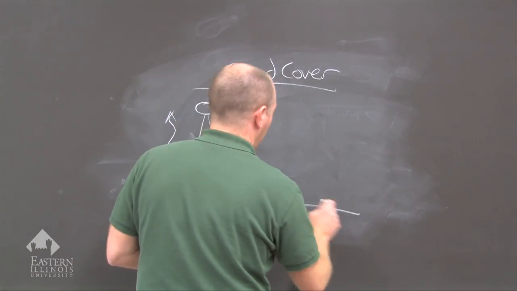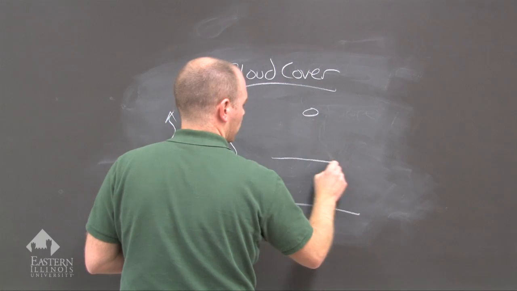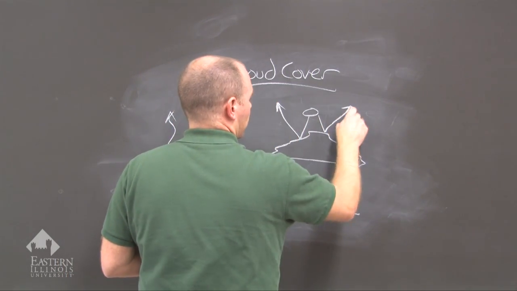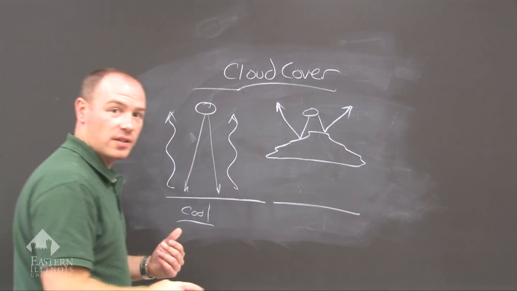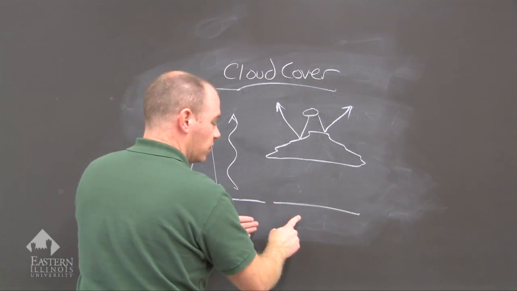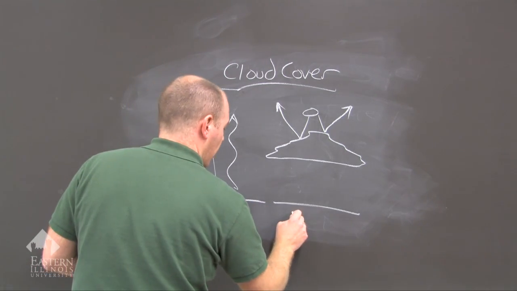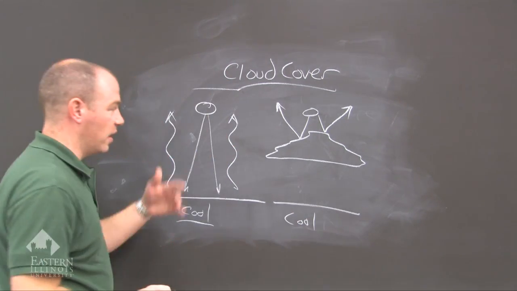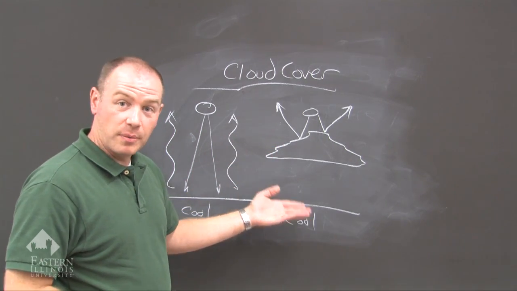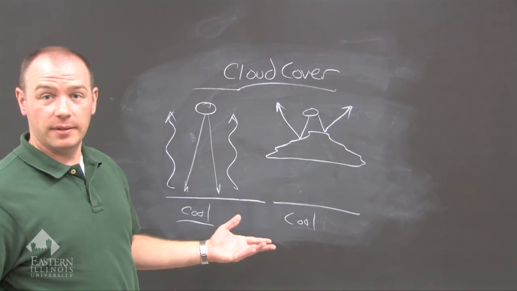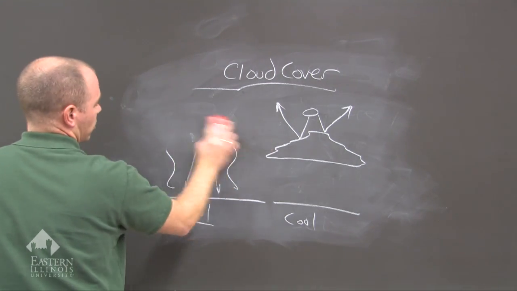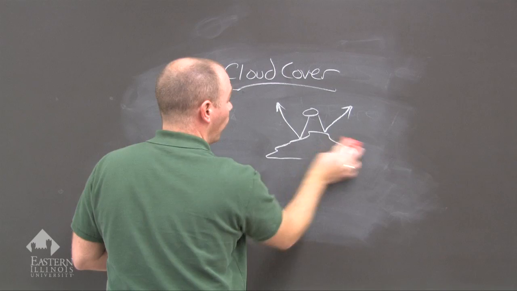If you bring in the clouds, you also have cool conditions. No sun has been seen all day, so there is no absorbing at the surface, so you get a cool day because no insolation has reached the surface of the earth to be absorbed, to increase that heat. Now, if we consider changing this a little bit to make it warmer,